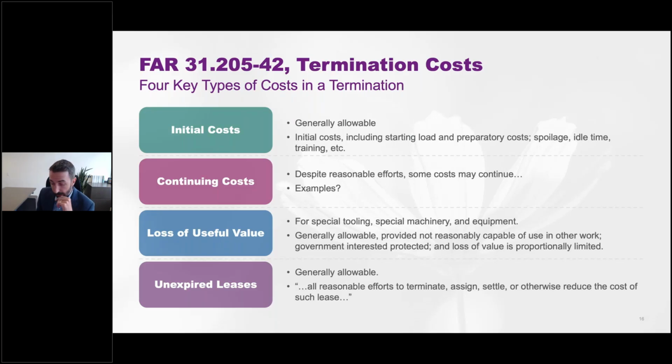You actually can. You can claim, and that actually includes, there's an accounting concept of impairment, of a write-down. You may have actually lost value in an equipment because you don't have another use for it. The value to you may have been use on the contract, and so its value is impaired. There's a generally accepted accounting principle concept of impairment. You may want to think about that because there can be real money on the line there in the loss of useful value point that does not leap off the page when you're first thinking about termination.